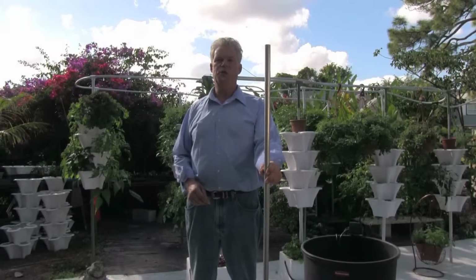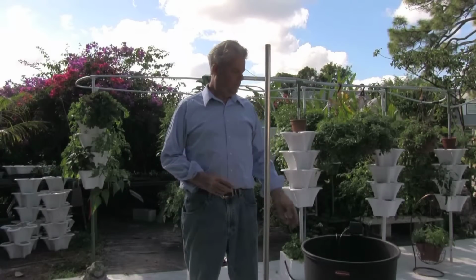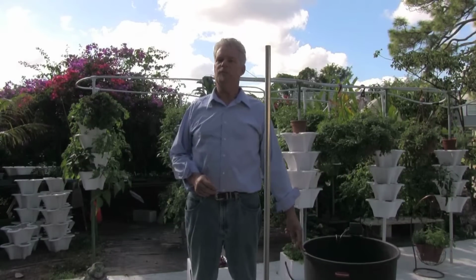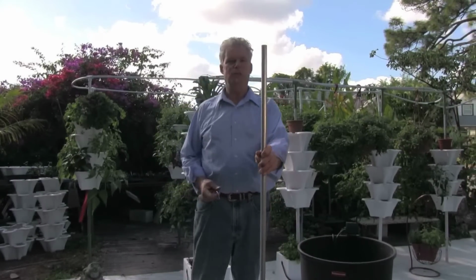All right, we're back showing you how to put in your Mighty Fine garden. We've driven the tube into the ground so you have a nice strong support to hold up all the pots. And now we'll show you how to put the pots on the pole, attach the pump and the plumbing that comes up out of the reservoir, and you're in business, as they say, and ready to start growing your own vegetables. The first thing that we do after we've driven the pipe in